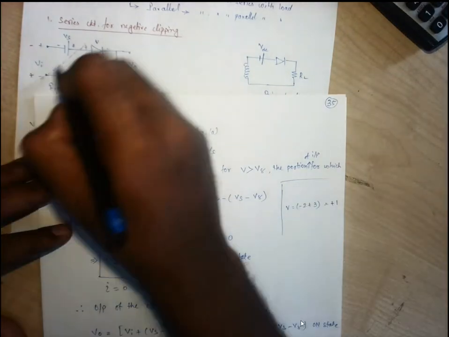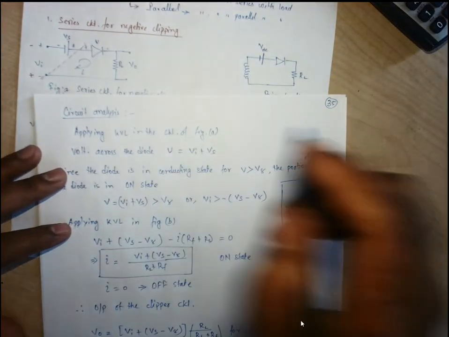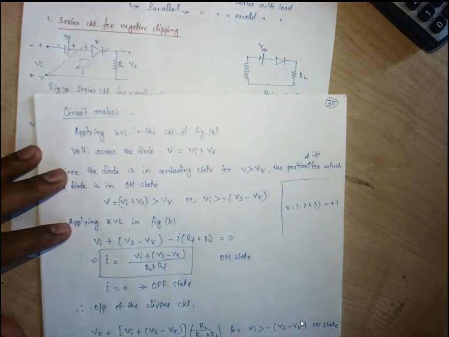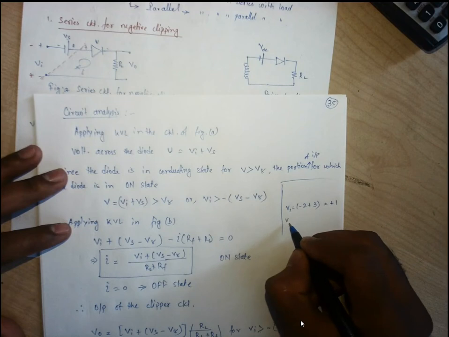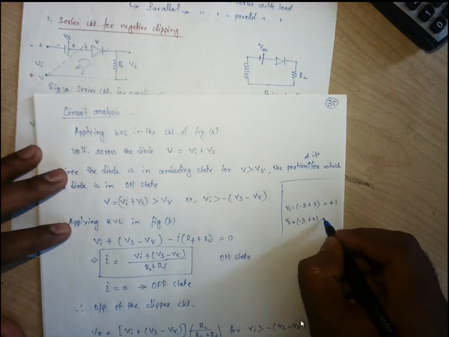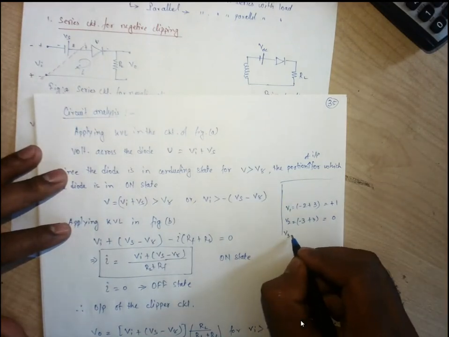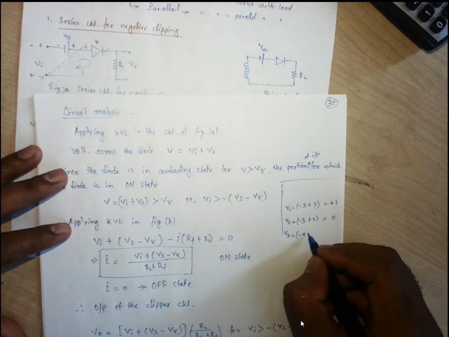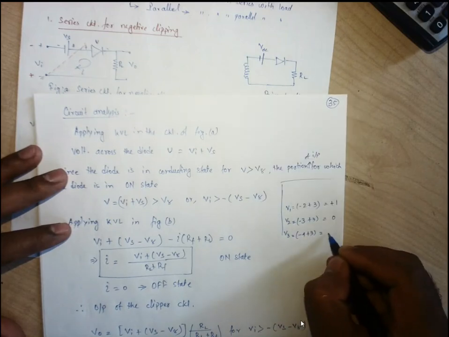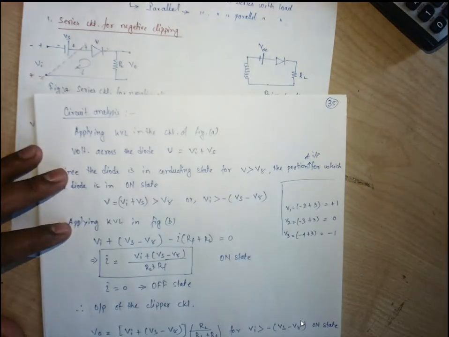Why? Because the cumulative voltage which is applied across this diode is still positive, meaning positive is connected with the positive. Now let us increase. Second case, V2: let us consider minus 3 plus 3, it is 0. So no net voltage is applied across the diode, so the diode will simply shut off, no current will flow. Again we are increasing the voltage, V3 minus 4 plus 3, so it should be minus 1. Again a negative potential is applied, so it will be in the negative bias only.